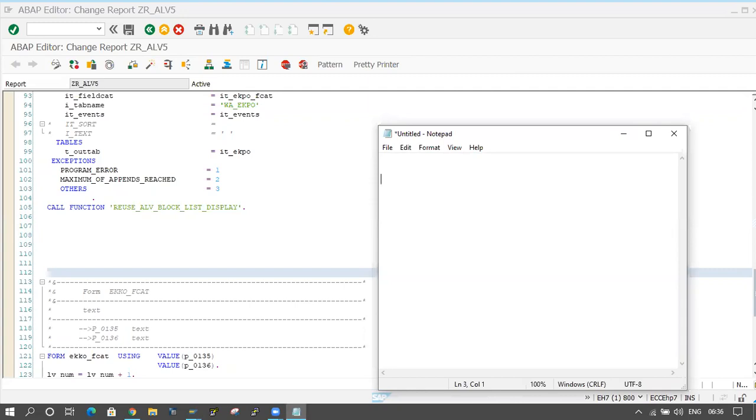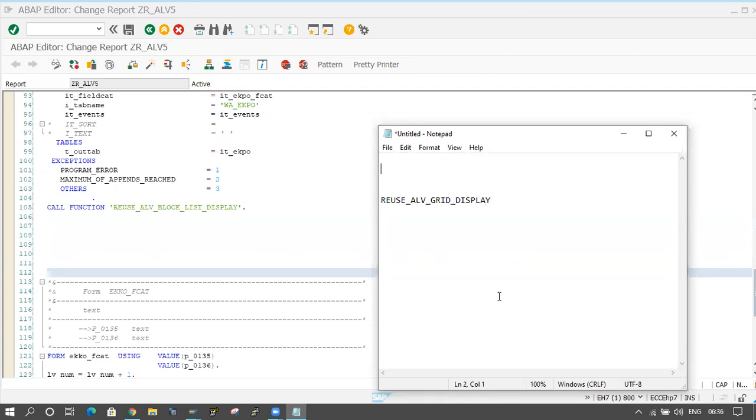Sometimes in real time, you are working on a support project, and someone has already developed a report. They are displaying the data through REUSE_ALV_GRID_DISPLAY.